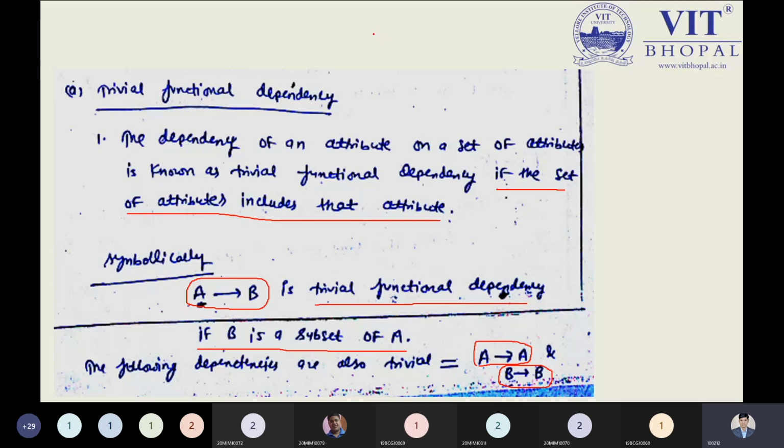I have the name attribute, I have the age attribute, and I have some contact number like this. These are three different attributes I can write here. Can I say these are the attributes? So I can put them into a set. I can say this is a set of attributes: name, age, and contact. These are the three different attributes.